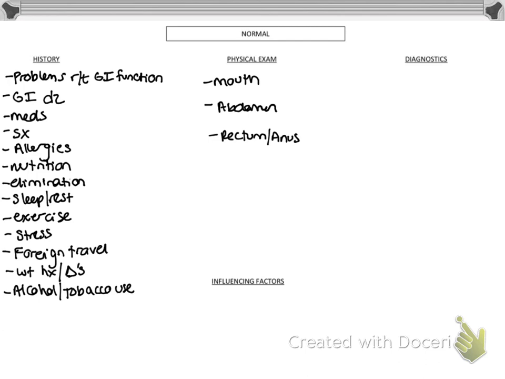And if they're coming in with a GI complaint, you do need to examine their rectum, which again, nobody loves to bend over and show the world, but it's really important. Keep it modest, protect them. If you're feeling uncomfortable, they're feeling uncomfortable about it. But if they're reporting bleeding, we need to look for any fissures or hemorrhoids. Is there any tearing? What's going on?